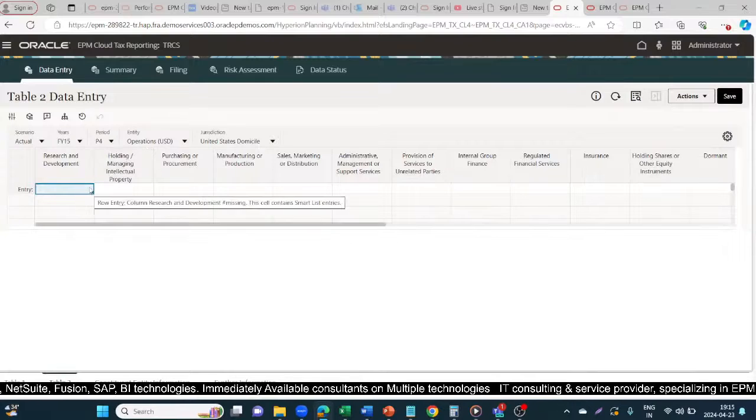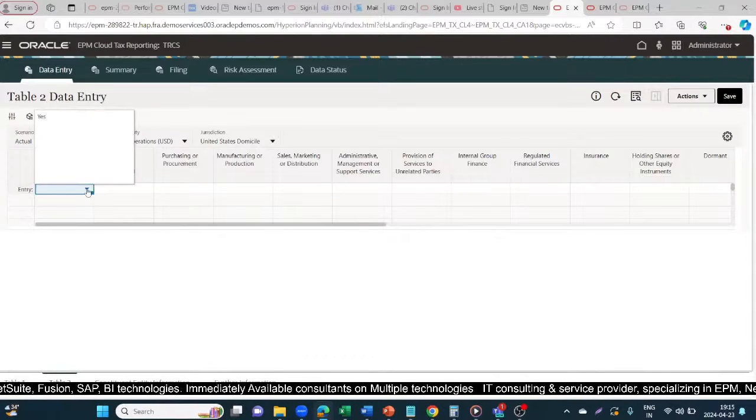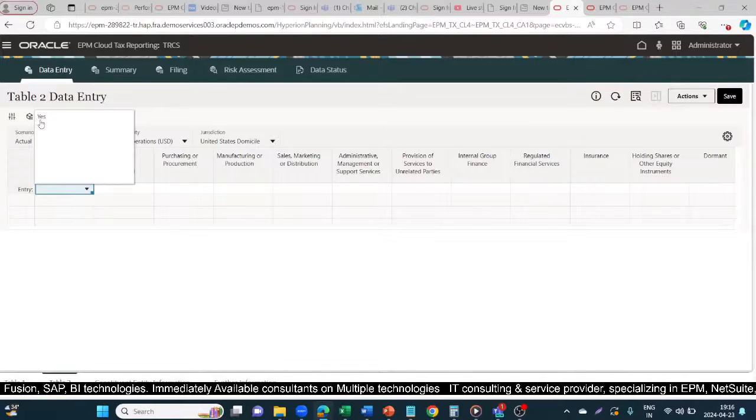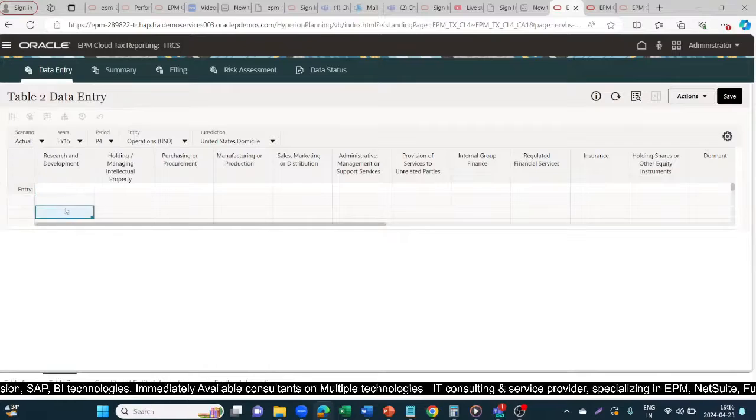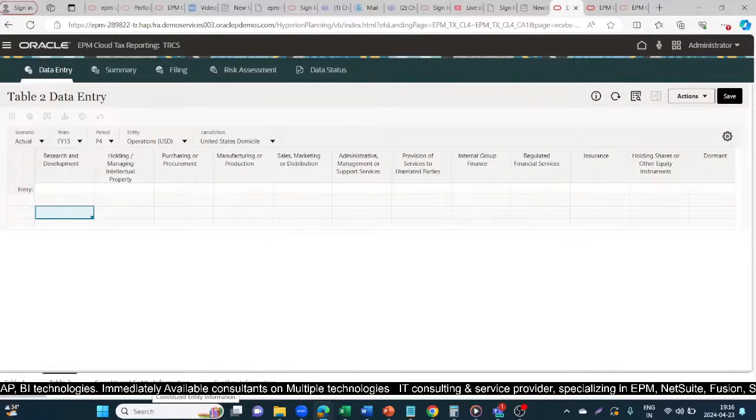So here you can go and enter whether the entity is involved in these kinds of transactions. Then you have to select yes or no. If it is involved, then yes, otherwise leave it blank or say no. Then under